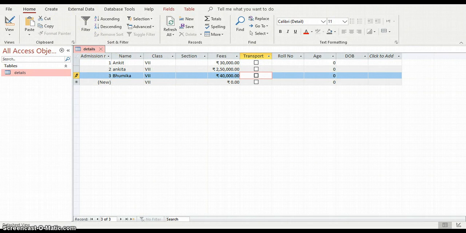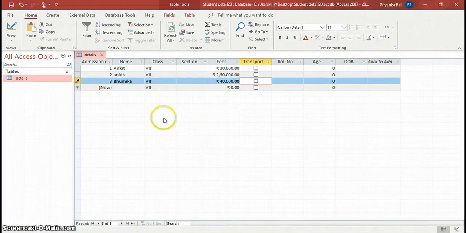So now students, this was all about creating table in design view and datasheet view. Now you can save the table using the save icon or going to file menu and clicking on the save button.